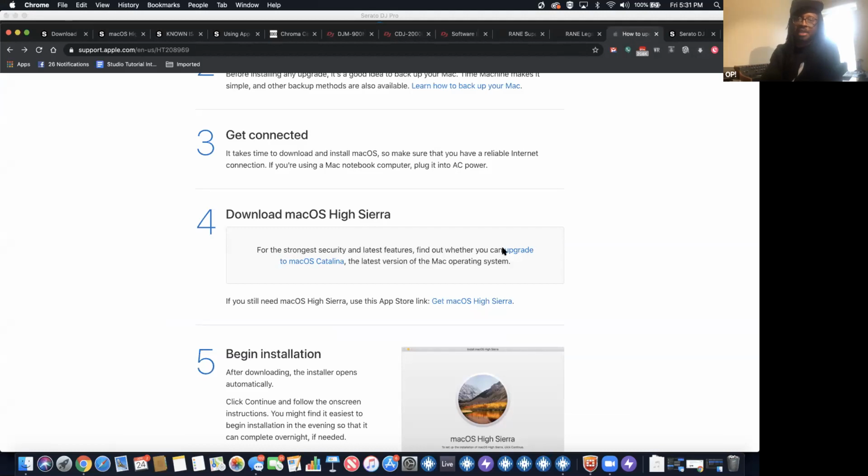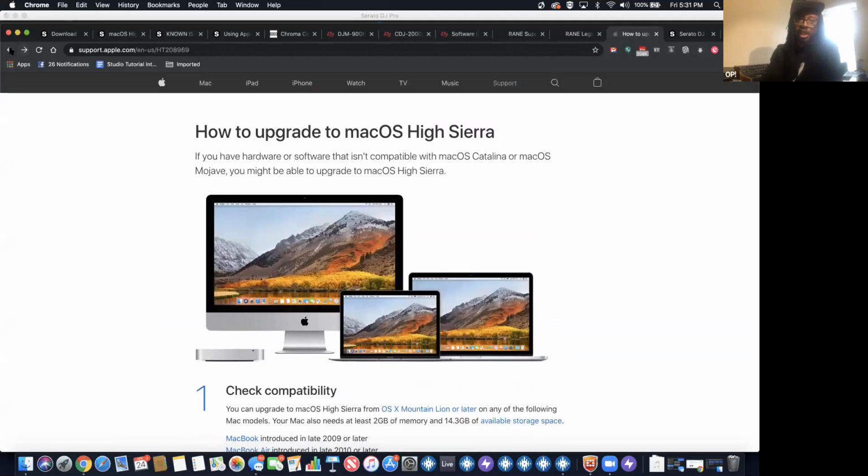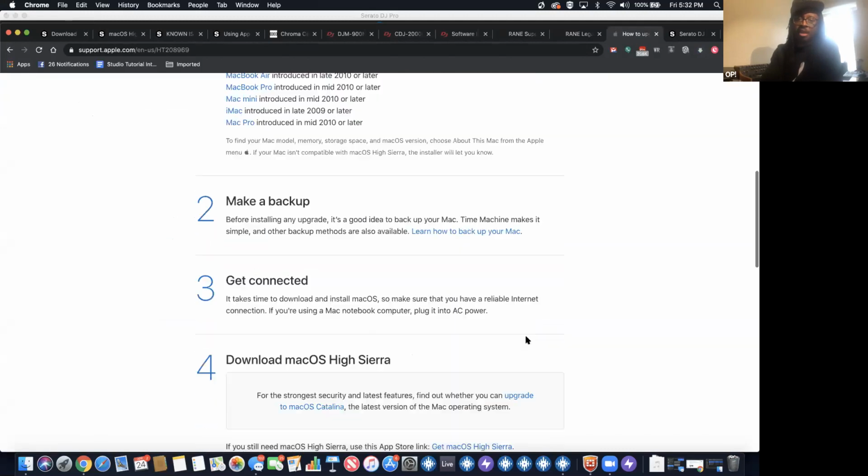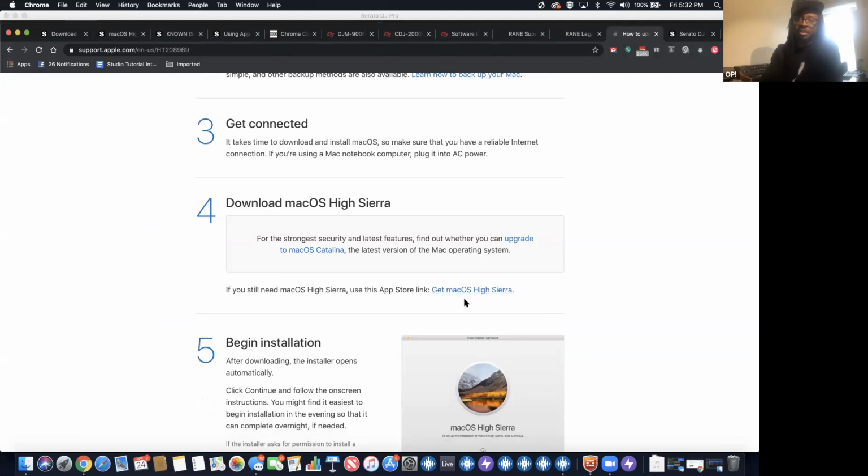Just real quick, back to that OS thing that people were asking about before, where they can find the older OSs. If you do a search, I just did one here, just looking for High Sierra OS download, you can go to the support page on the Apple page, and you can scroll down and get the download for High Sierra here, which is going to take you to the Apple store. And I'm going to send that out too in the follow-up email. That's just the links for the High Sierra and Mojave. That's right. Cool.